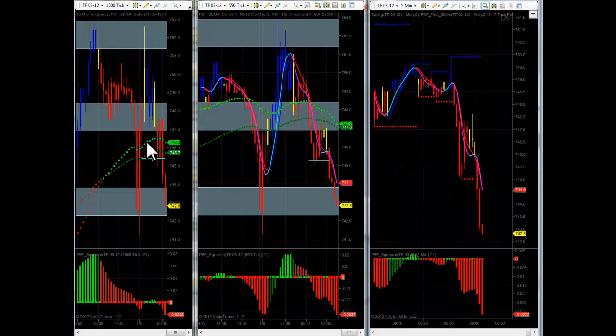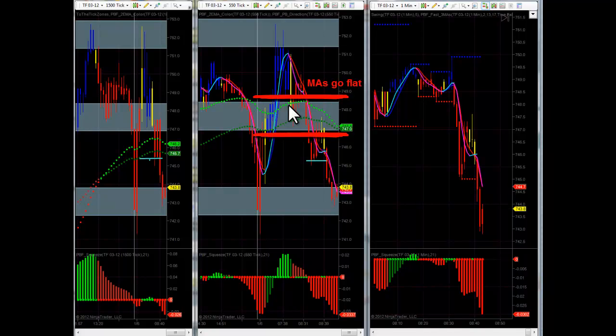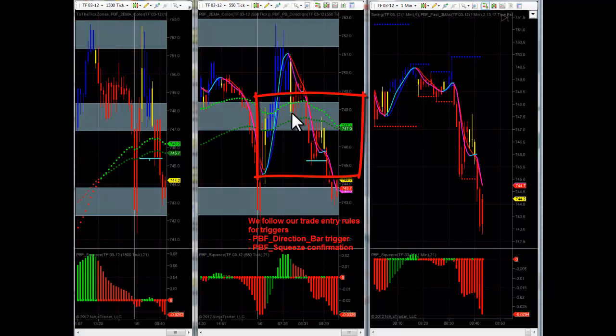We started off the day with a gap up. Our moving averages were green, but right at the open we saw that our long-term chart was telling us that there was a little bit of price exhaustion, profit taking, and we definitely hit some key resistance up in this area. But also our moving averages went flat to sideways. So the first thing we saw for any possible trade was that our squeeze was showing us lower lows on the histogram. So we waited for a breakout consolidation area right at this point using our PBR direction bar trigger,